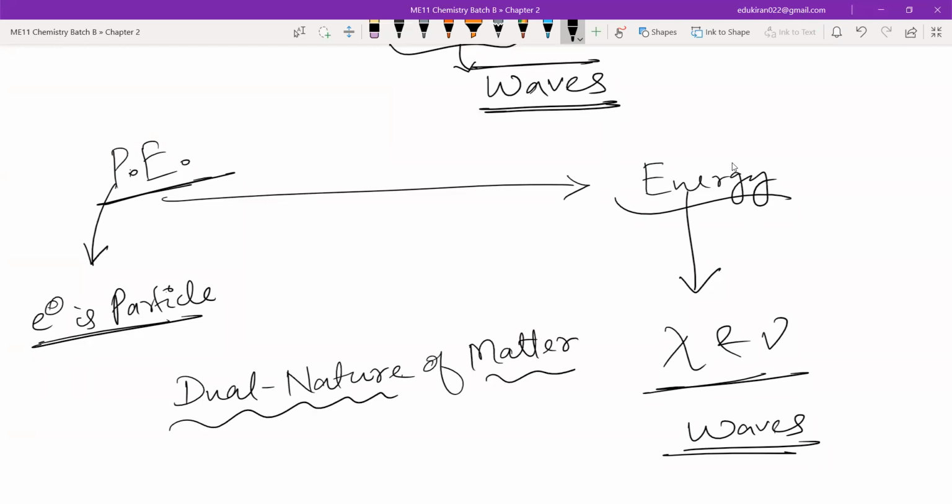He will say that not only the electron, everything is a particle and a wave at the same time. It only depends on whether the particle nature is dominant or the wave nature is dominant. It depends on the environment in which you put it, okay? But that particular nature of wave and particle exists simultaneously in each and every object in this universe, okay? So the next class will be on the de Broglie hypothesis.